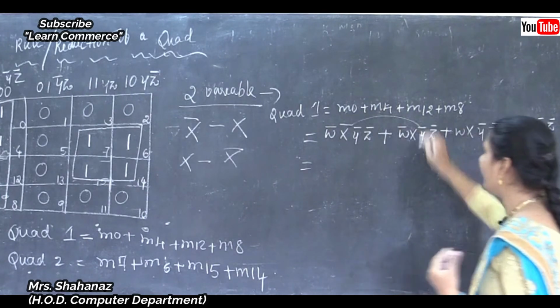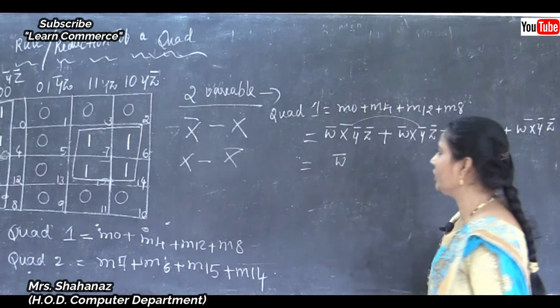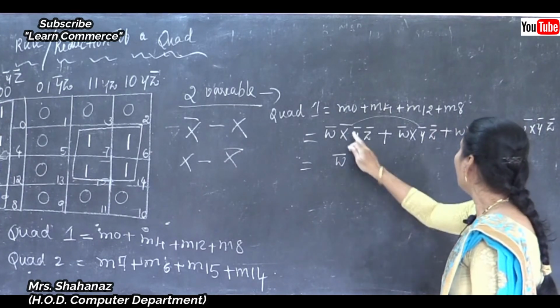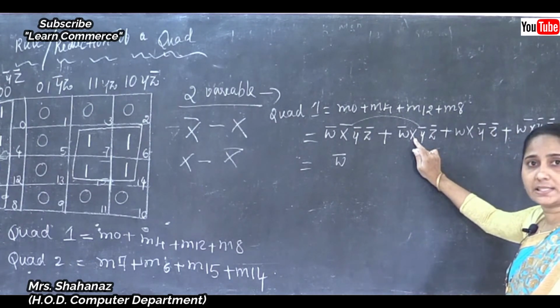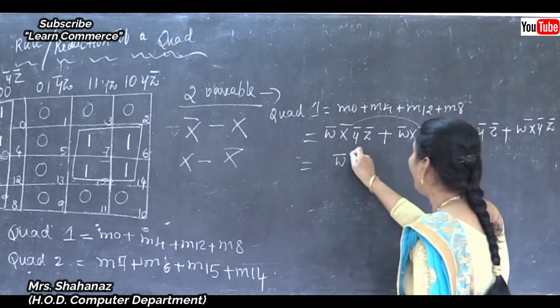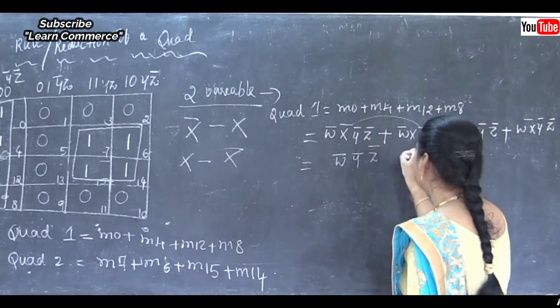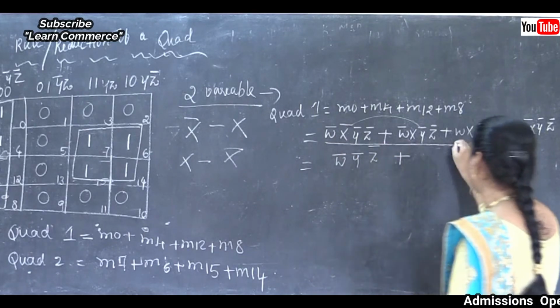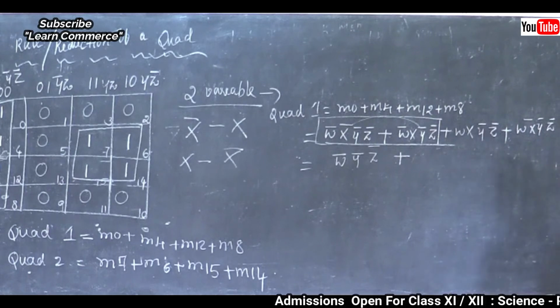Now next I am going to make the comparison first of the first and second, later the third and fourth. So first and second I am going to compare. Complement W, there is no change, both are equal. Complement X, and in the second comparison X is there, we need to remove the value, and later complement Y, complement Z, there is no change. Now we completed this one, correct?